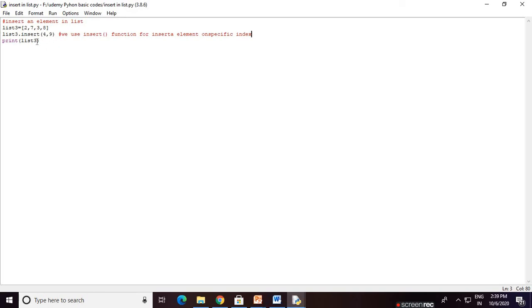What is index 4? 0, 1, 2, 3, 4, which means after the 8. Then we print the list. For inserting we use the insert function, passing two parameters: one is the index, the other is the value to insert.